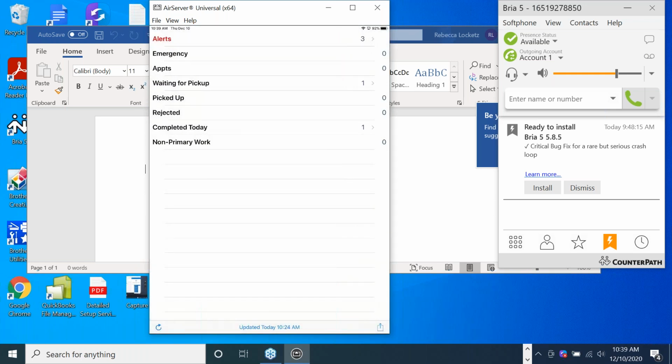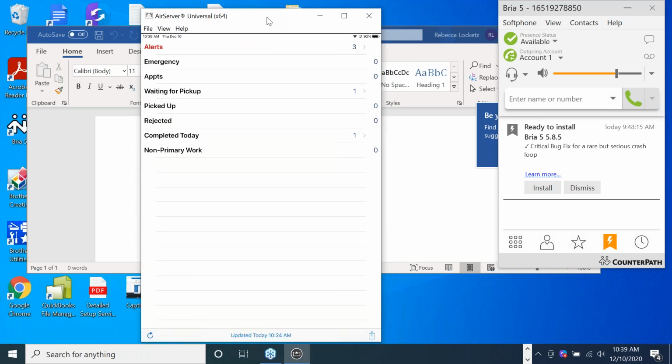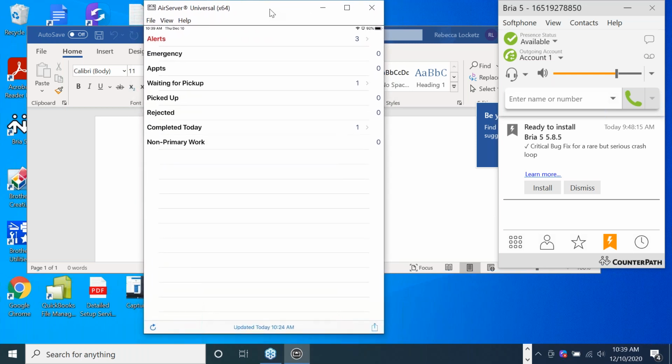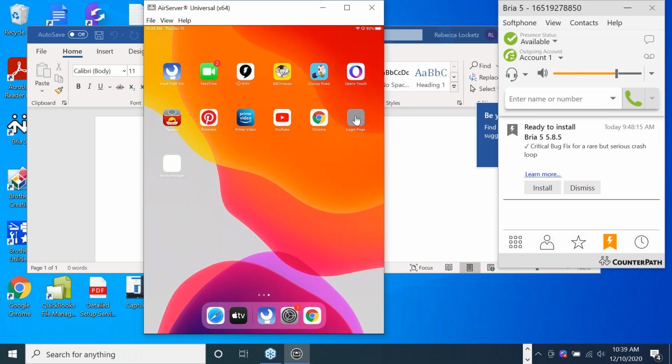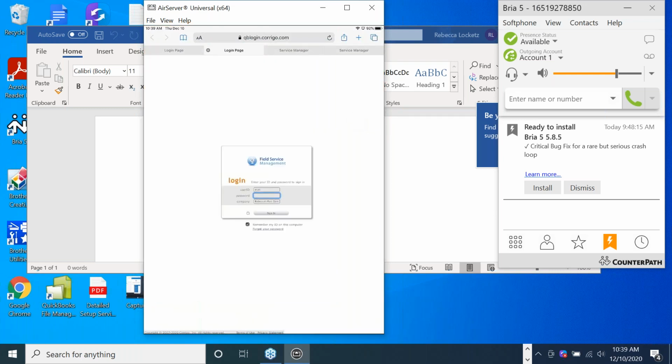So if you are on the dispatching side of Intuit Field Service Management, and you want the ability to create work orders for your technicians in the field, what you can do is you can just request that your administrator makes you a mobile user, and then you can go ahead and log in with your same username and password to the app, and then you can dispatch work orders from home, right from the application, or like you saw, you can actually go right onto the website directly through